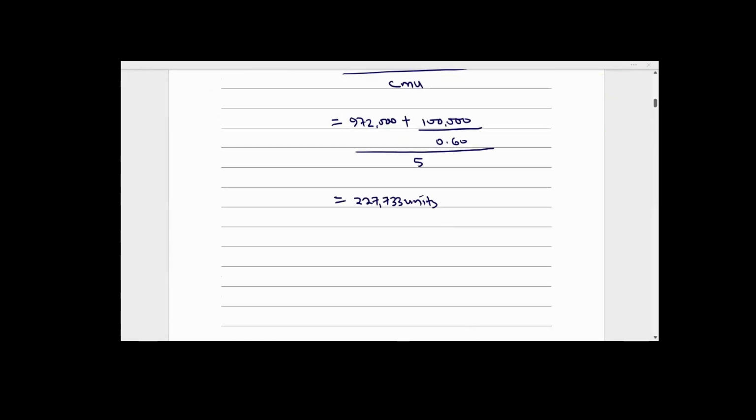So the number D, you have to determine the number of units required to break even if variable costs increase by 5% and fixed costs increase by 2.5%. So in this case, you need to first of all, since your variable costs will change, then your contribution margin will also change because